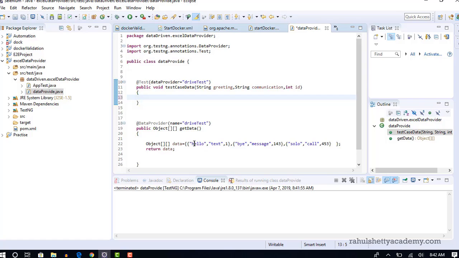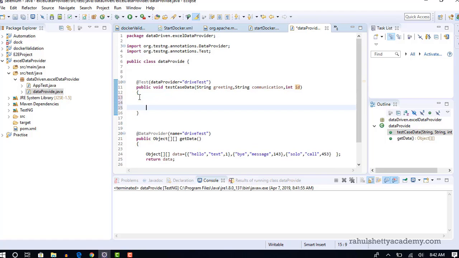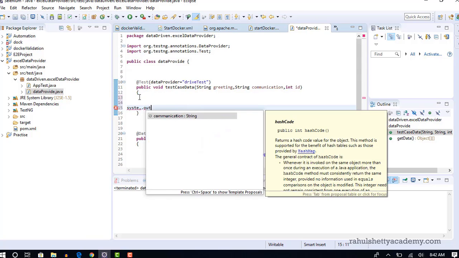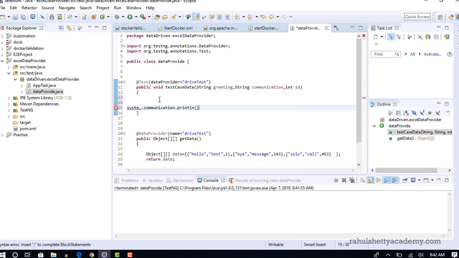So now when this first array is being called here, this hello text will be stored in this greeting, and this text will be stored in the communication, and one will be stored in the ID, and these 3 arguments with these values will be sent into the method which you want to execute. Now if you say System.out.println, and if you try to print greeting, so what's the System.out